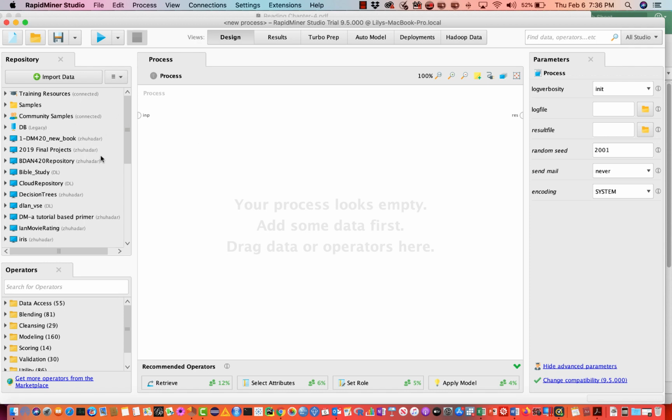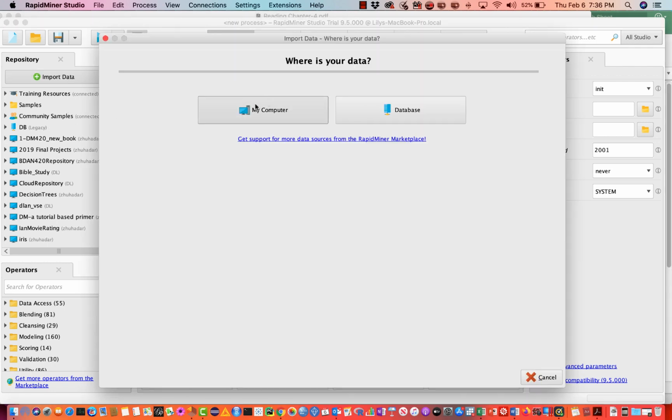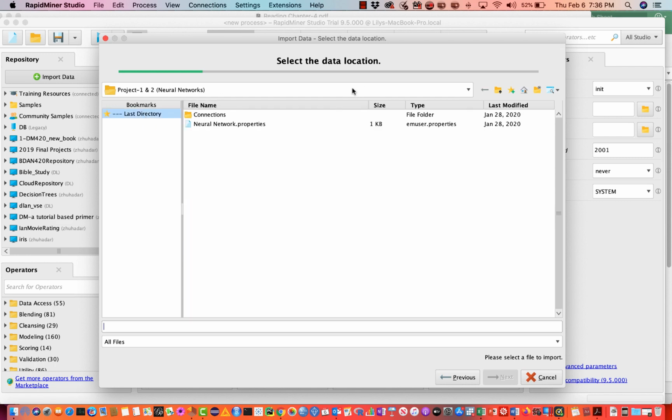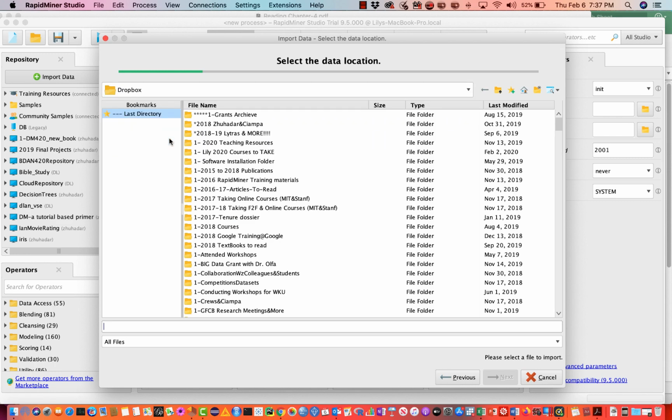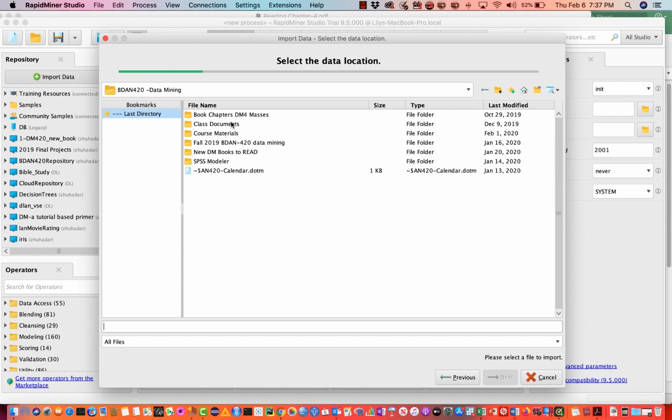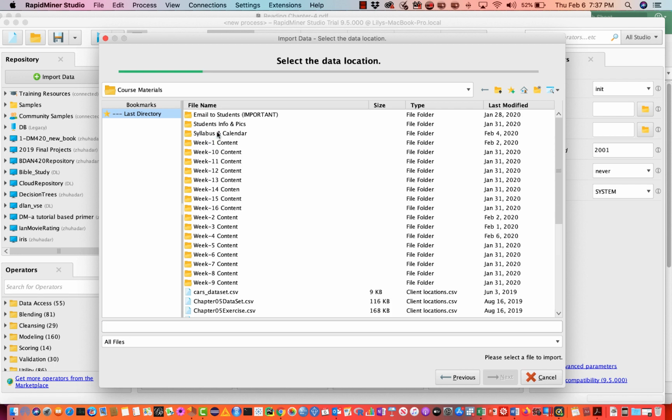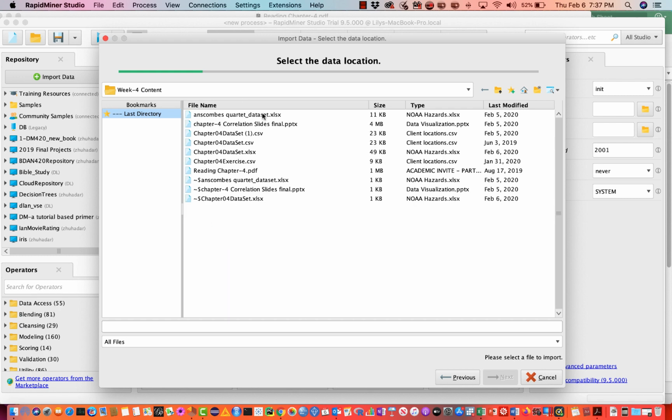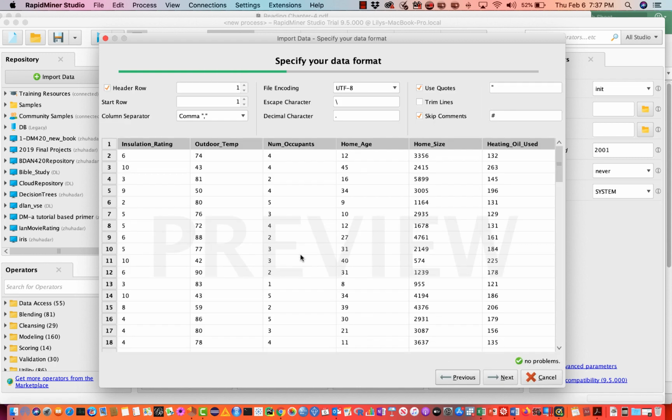So first of all, let me bring the data that I am working on. Okay, so this is a CSV, so this is a data set. You bring the data, and as you can see, it noticed that the first row is a header row, so automatically it observed it. Notice also it's a comma separator. It helped us in this way. So this is one way to bring the data into